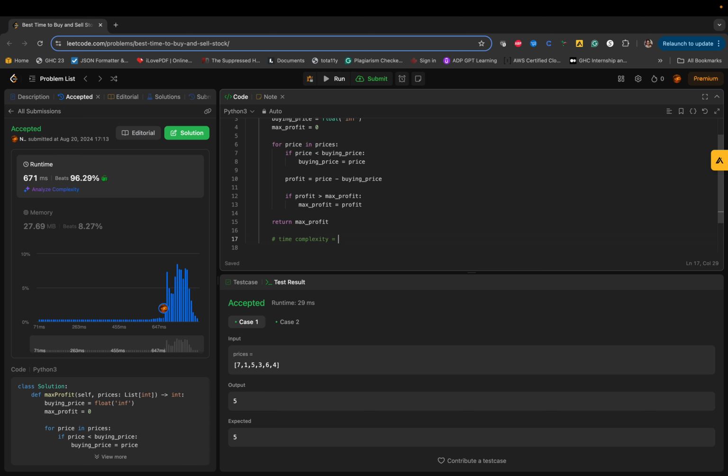Time complexity will be O of n, and there you have space complexity of